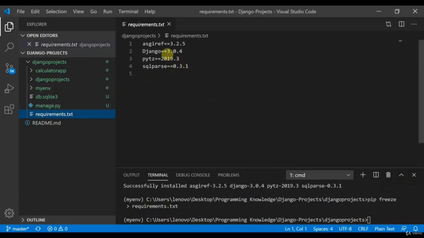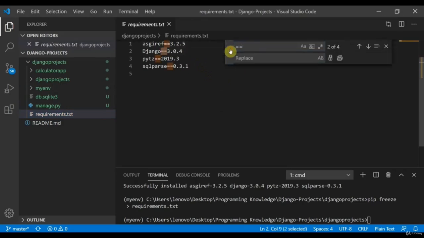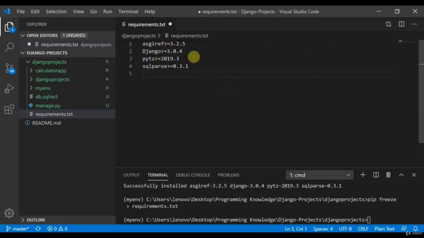Now here you can see, if you want to, we can also do one thing: you can type Ctrl+F, and simply type the equal sign. I have tried this, you can replace it with the greater than or equal to sign. This would help if there's any upcoming version,